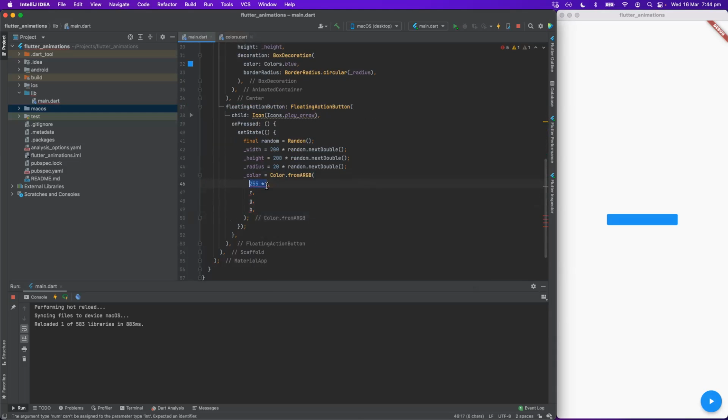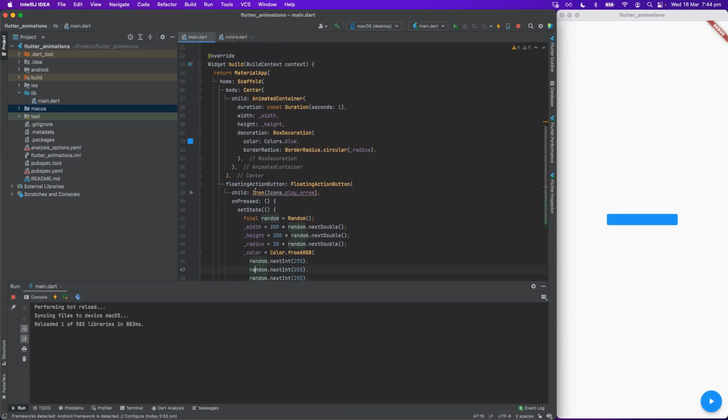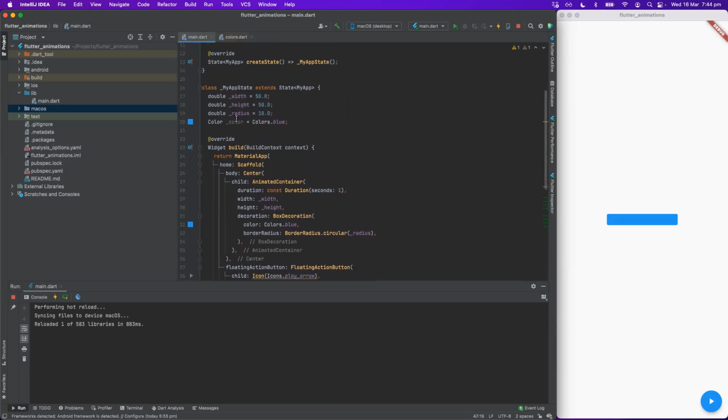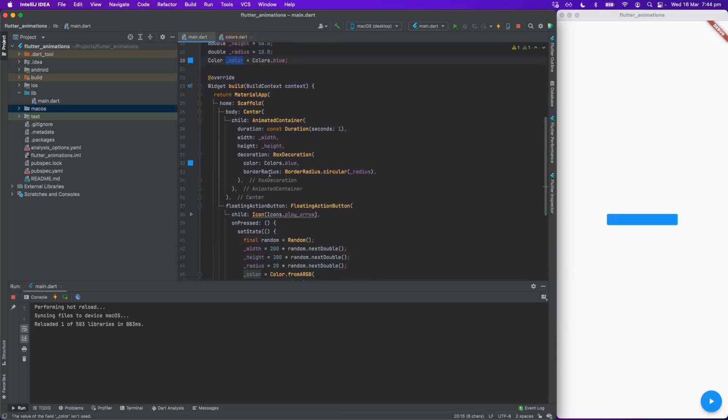Actually, they're all ints, so I can just use random.nextInt. And yeah, the same for alpha RGB. So that should give us a random color with random opacity. And it's all gonna be animated. Cool, so all I have to do is just to replace this color in here